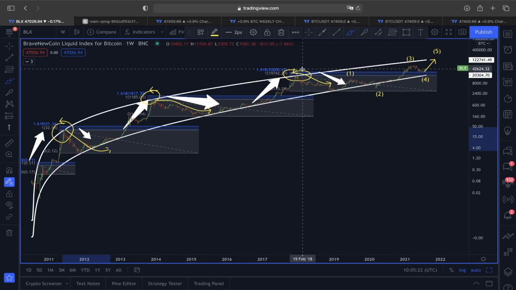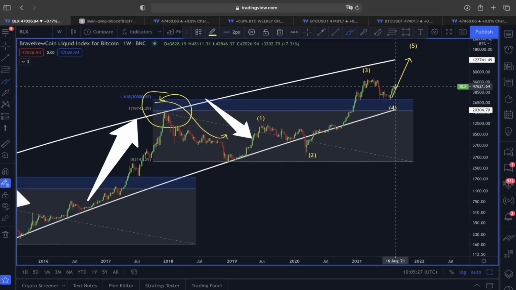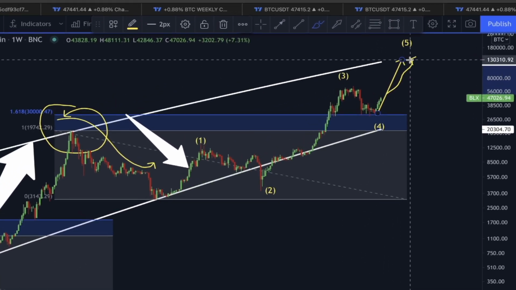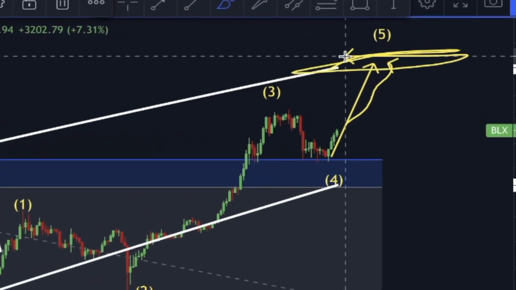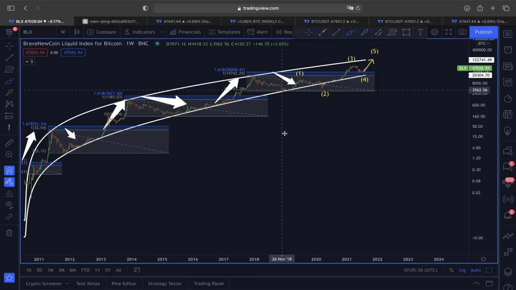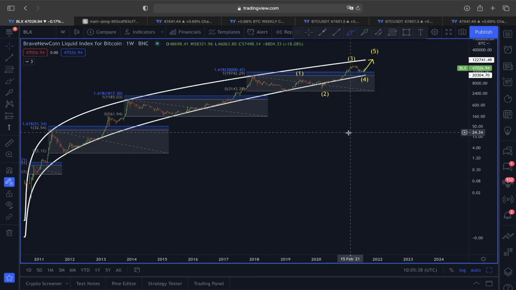So if this exact scenario is going to play out, just like from the past Bitcoin price action, then the price of Bitcoin is only going to top after reaching the top of this channel. So that's why, guys, the price of Bitcoin still has a lot of room to grow in an upward direction,